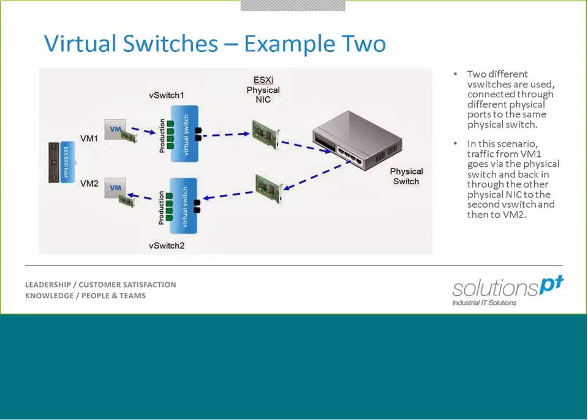In a lot of scenarios, in more basic virtualized environments, we probably wouldn't have this setup. We would most likely have a single vSwitch. But this is just a representation to show that if you create two different vSwitches, there is no link between those two. They cannot talk to each other, much in the same way as if you had two physical switches and you've not got a link between them, they can't see each other. And that's where we are sending traffic out to the physical switch, which is then in turn coming back into the other virtual switch. So that's just an example if we had multiple virtual switches connected to a single physical switch.